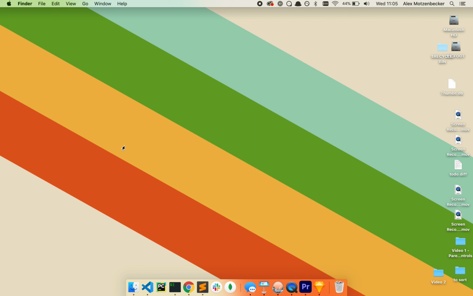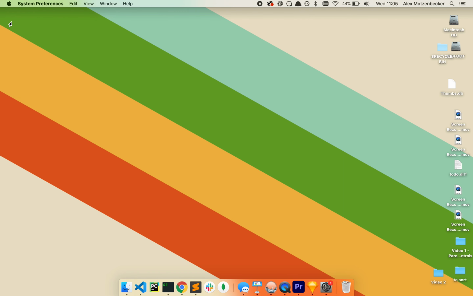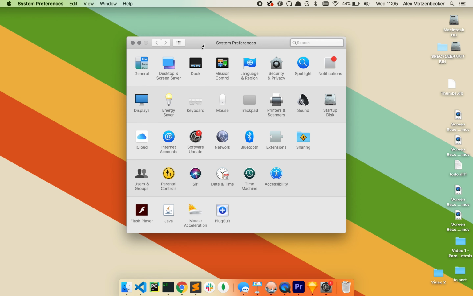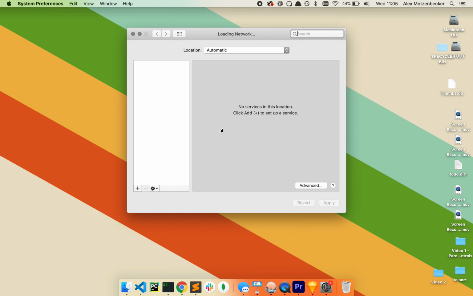Okay, so now I'm going to show you how to find the IP address of your router using a Mac. So if you have a Mac, you're going to go up to the Apple icon in the upper left-hand corner and choose System Preferences. Okay, you're going to get this box here with all of your preferences, and you're going to look for Network. Okay, that's this blue icon here. I'm going to click on Network,